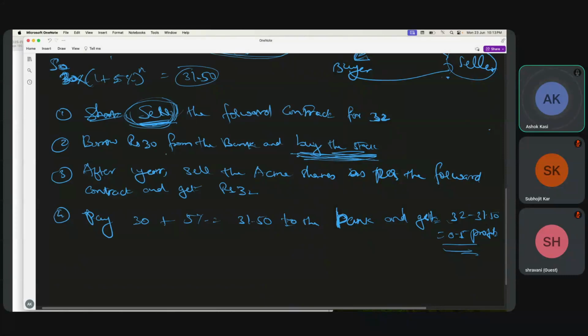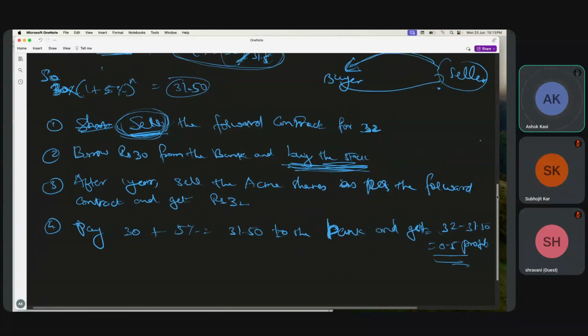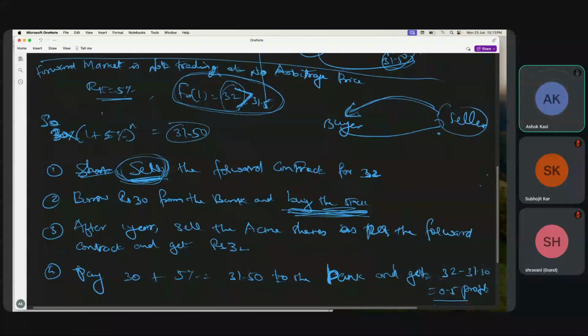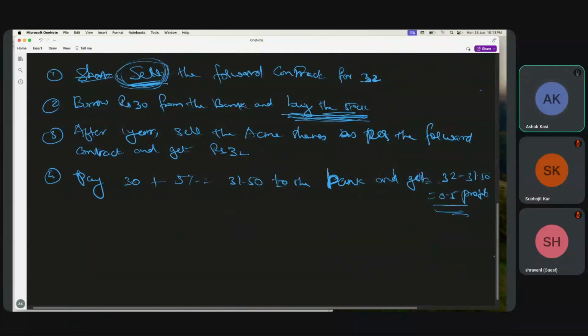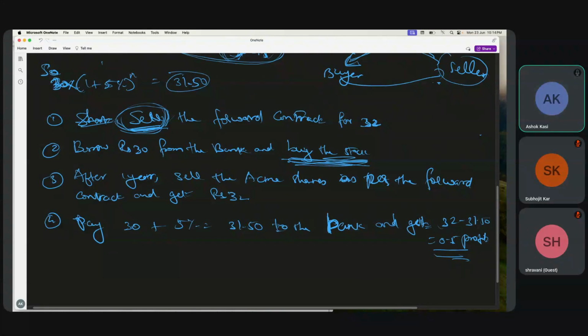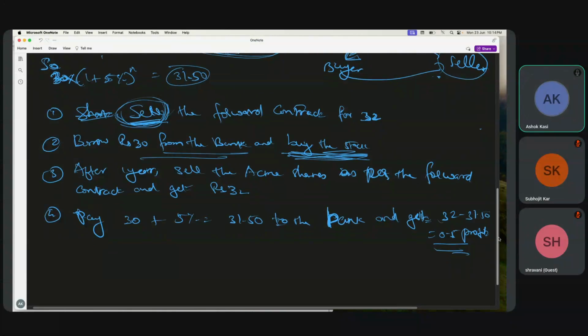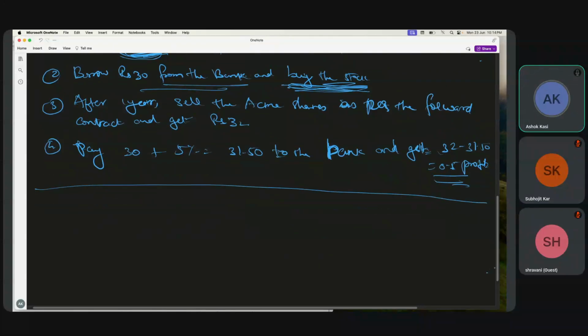Now what we have done is, what if the forward price is overvalued? If the forward price is overvalued, these are the steps you can do. This is also called cash and carry. Cash and carry means you are taking cash from the bank and you are doing all these transactions. Now reverse cash and carry. Reverse cash and carry means, see,